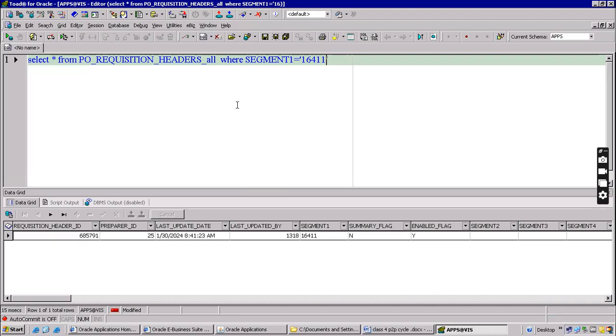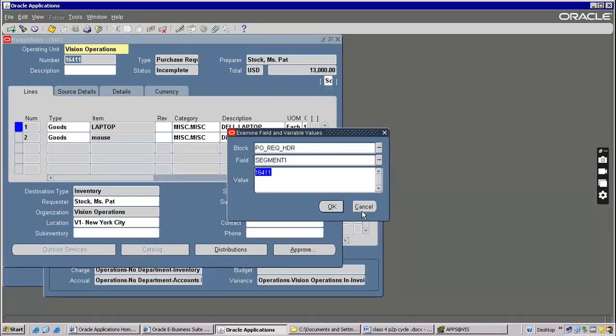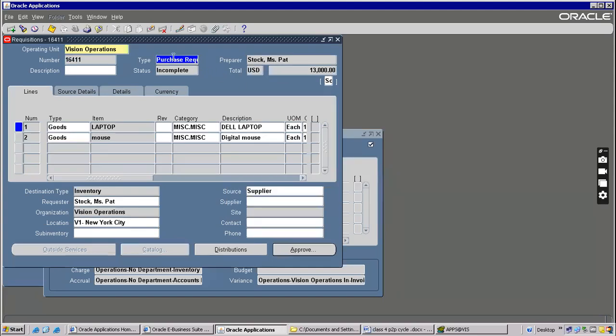So in this record, if you want to derive preparer name or type, these are all stored already. We will focus only on this particular area, the header area.